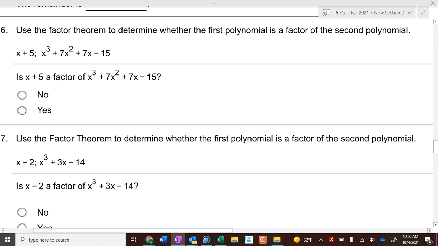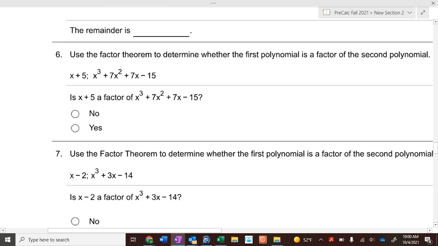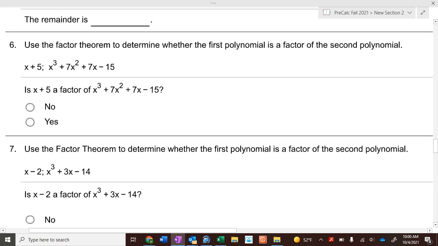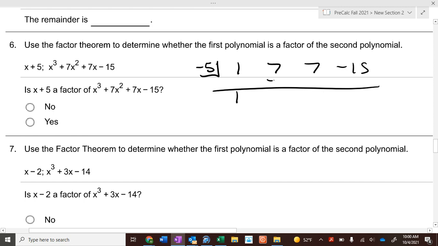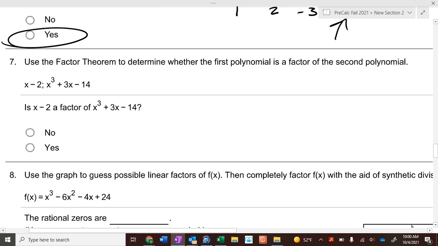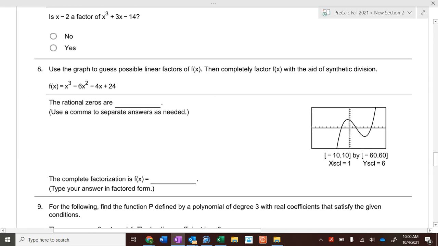Use the factor theorem to determine whether the first polynomial is a factor of the second polynomial. The factor theorem is use synthetic division to see if there's a 0 as a remainder. Because if it's a 0 as a remainder, it's a factor. So negative 5, 1, 7, negative 15, boom, 1, negative 5, 2, negative 10, negative 3, positive 15, 0. Is it a factor? Yes, it is, because I got 0 as a remainder. If 0 is a remainder, then it's a factor. Looking at this,